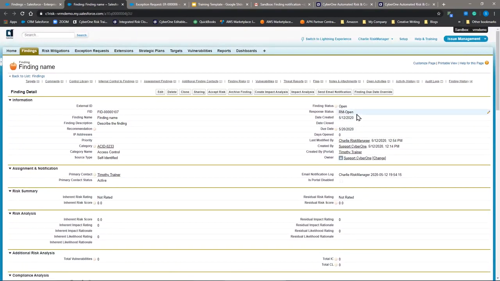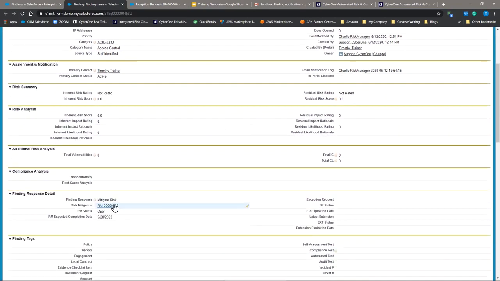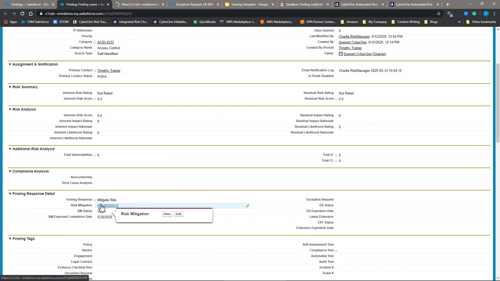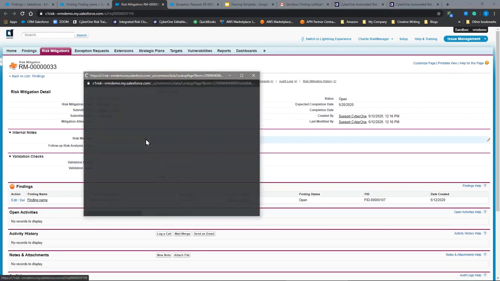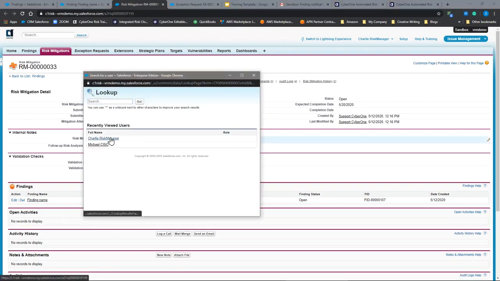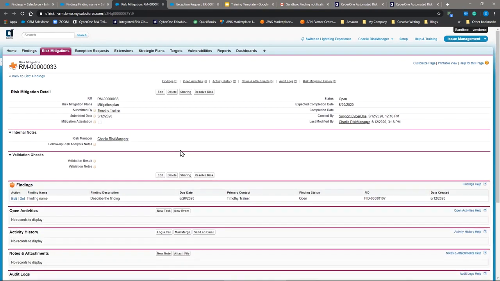And as you can see by the status here, it says RM open. That means we have a risk mitigation plan that's been submitted and is in progress. So I can go down to the finding response detail and open that plan and just verify. I can add myself as the risk manager perhaps at this point, as this will be done now or later on when the mitigation is closed. And I can just validate that plan